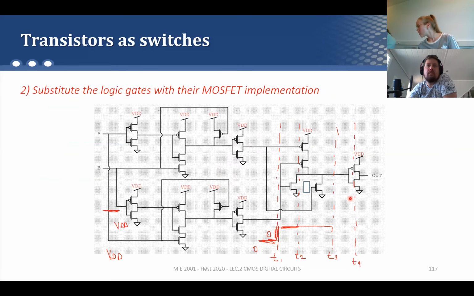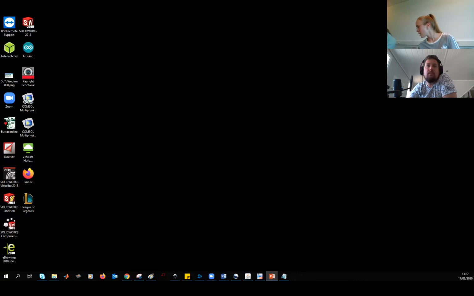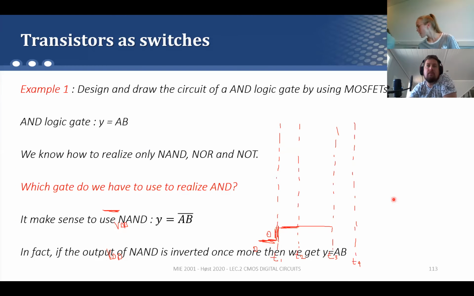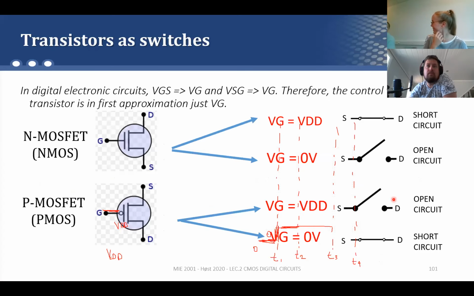We just discussed, hey, what happened? We discussed last lecture that the PMOS and NMOS work as switches. So then, as you can see,